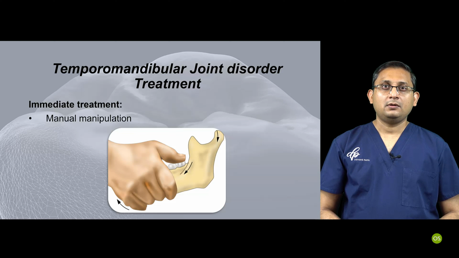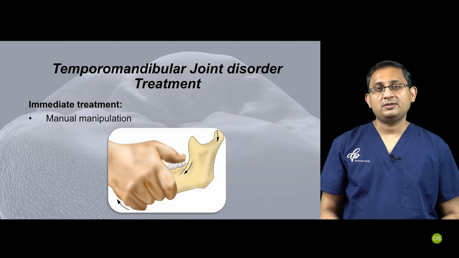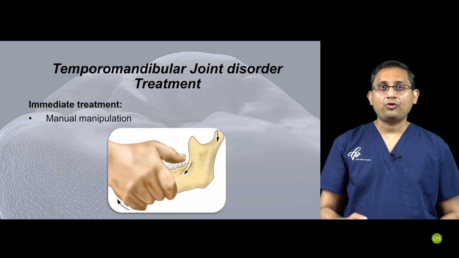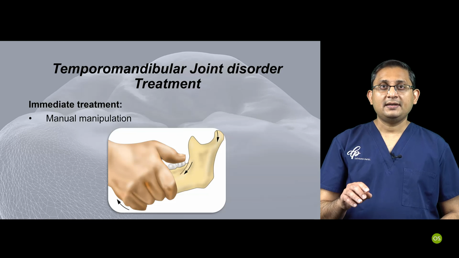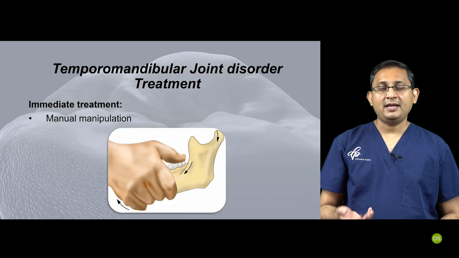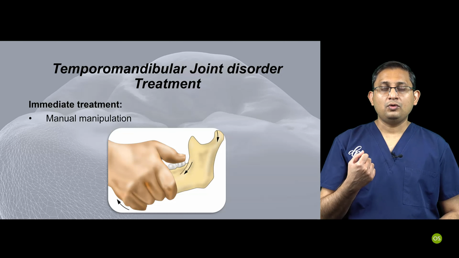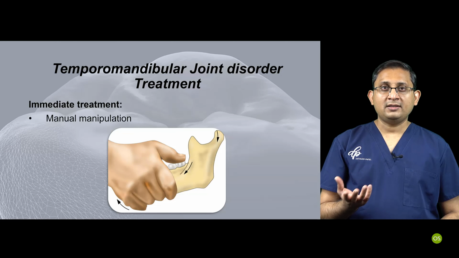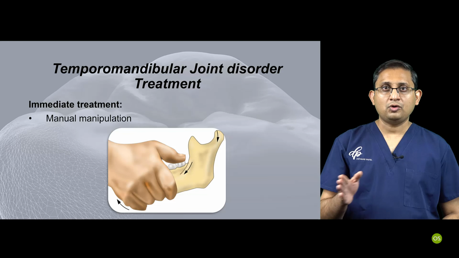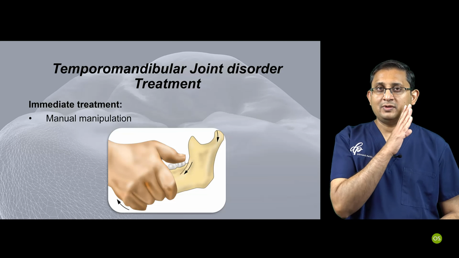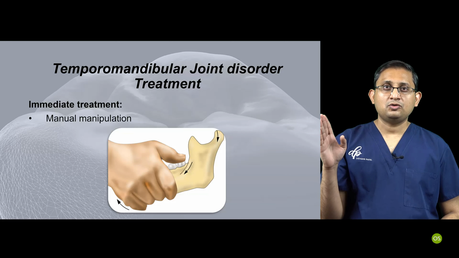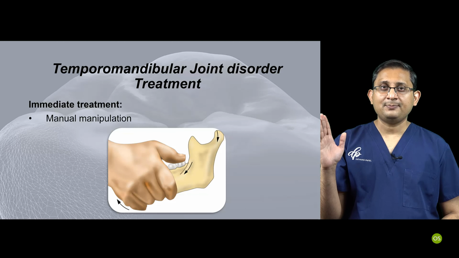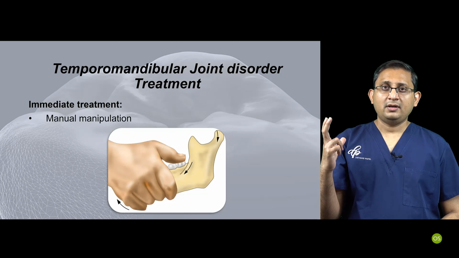The first time when a patient comes to you, the first thing you should do is ask the patient themselves to try and manipulate the jaw without your interference, and try to recapture the disc. The way I advise the patient is to open their mouth as wide as they can and move the jaw to the contralateral side first. So if the right or left side is affected, I'll ask the patient to move the jaw to the right-hand side as much as you can,